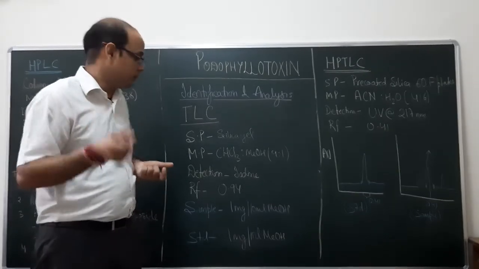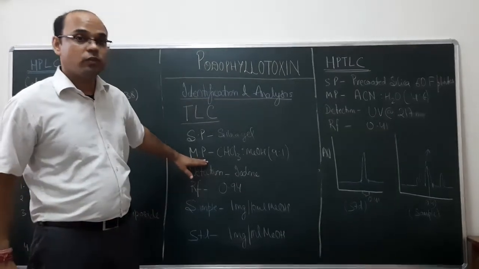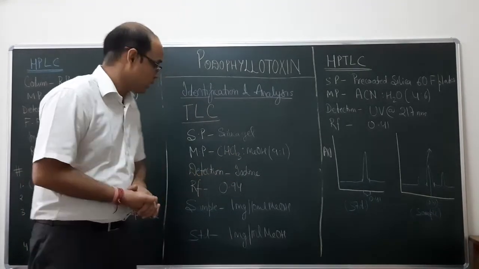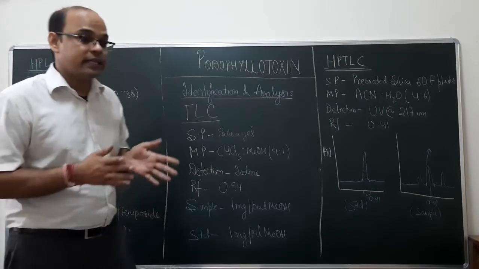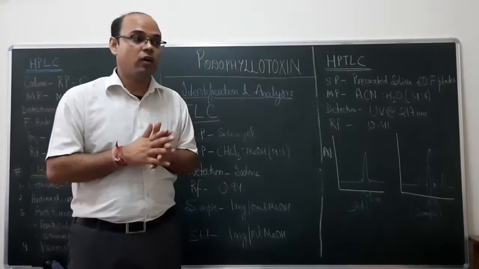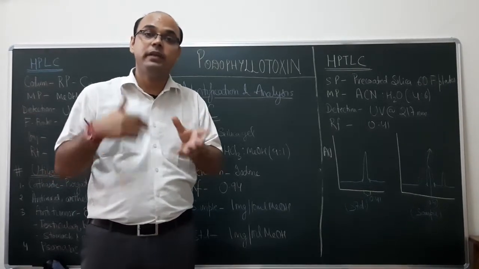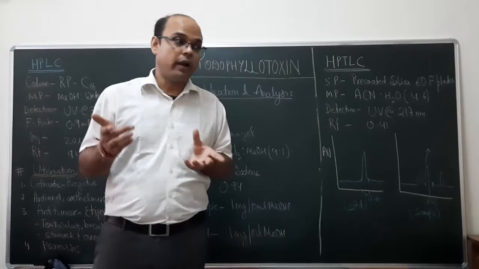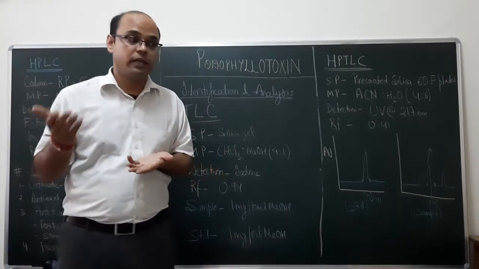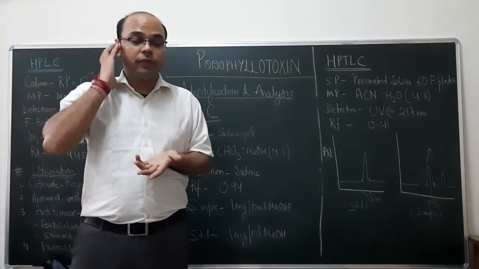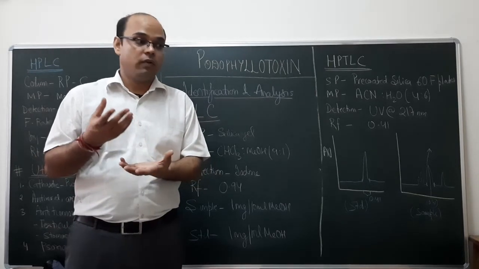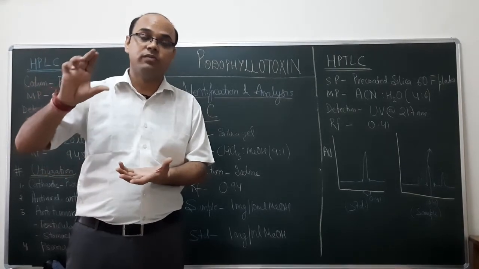Standard and test sample. The mobile phase we use is chloroform and methanol in the ratio of 9:1. For the detecting reagent, because they are lignans, they can easily be derivatized using iodine, so iodides can be formed. So we can use the iodine chamber for detection of the spot. Simply, we put iodine in the iodine chamber, and we expose the developed plate to the vapors of iodine.